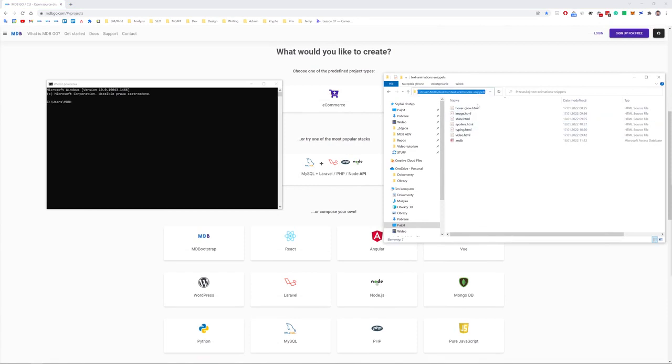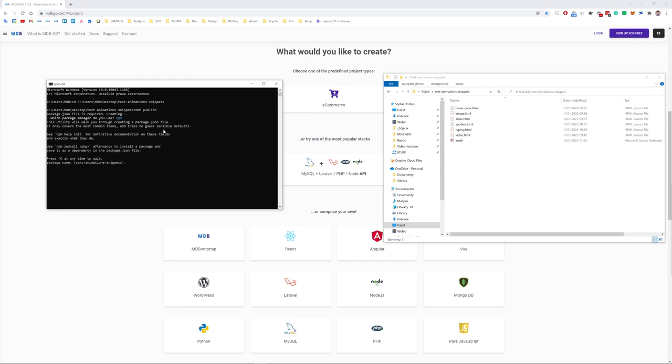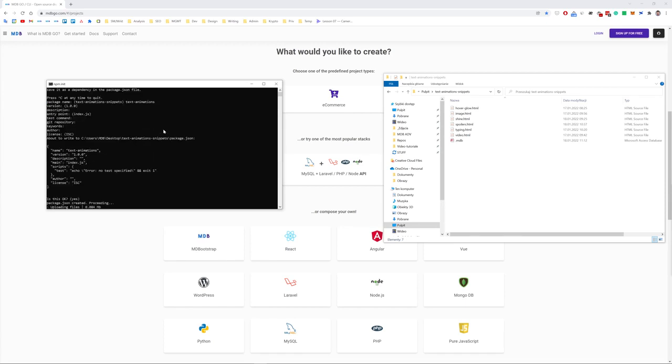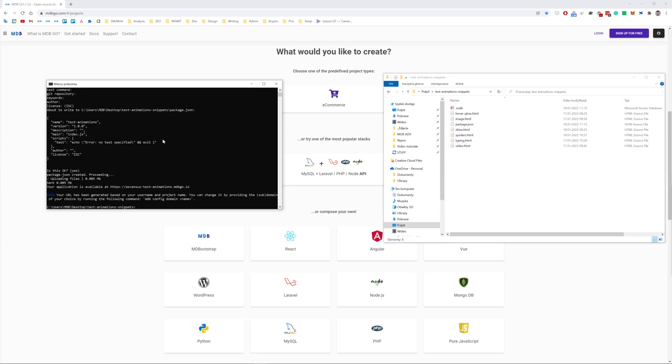So let me just copy this path and I will enter this path in the terminal, and right now I just need to type a single command, mdb publish. I will choose npm package manager, and now all I need to do is to choose a name for my project. So I will name it Text Animations. Then let's accept all other options,